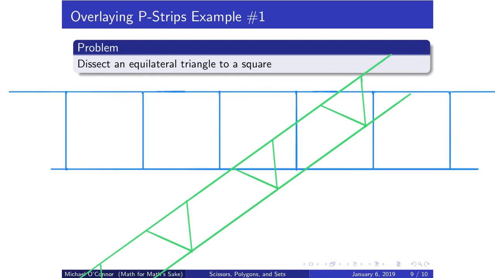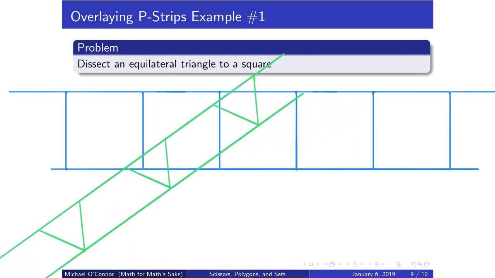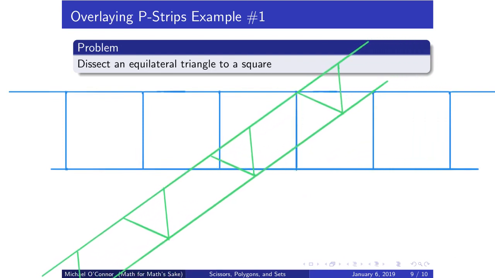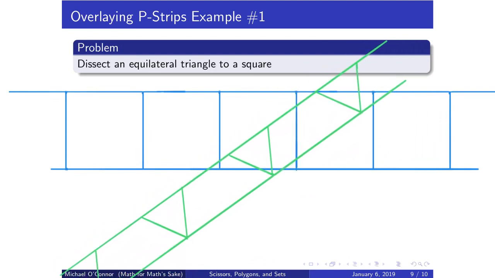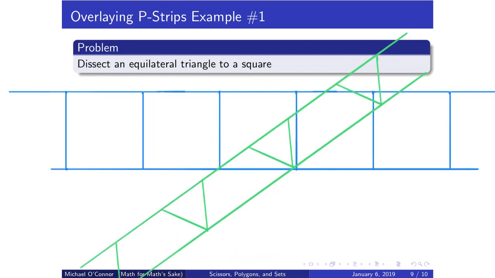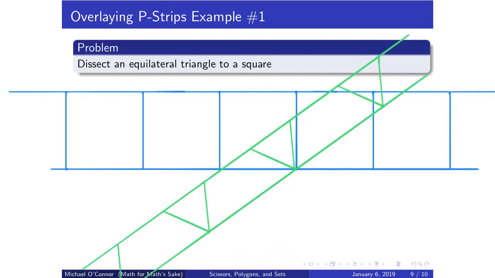Now that you have the right angle, you can just move this strip around and you get different dissections. And you move it around until you get the dissection that you want. This one's the nicest. But say we stopped it here for whatever reason, or maybe here. So what dissection does this correspond to, just to be a little bit explicit about it? Well, this part here, so the square,